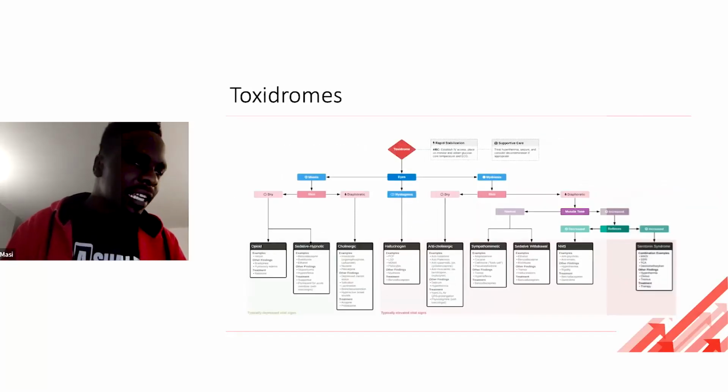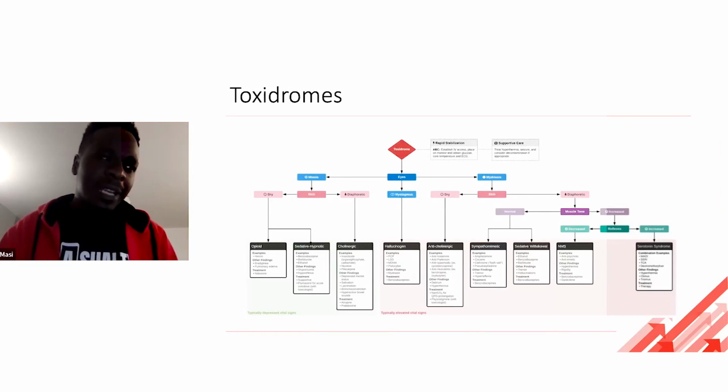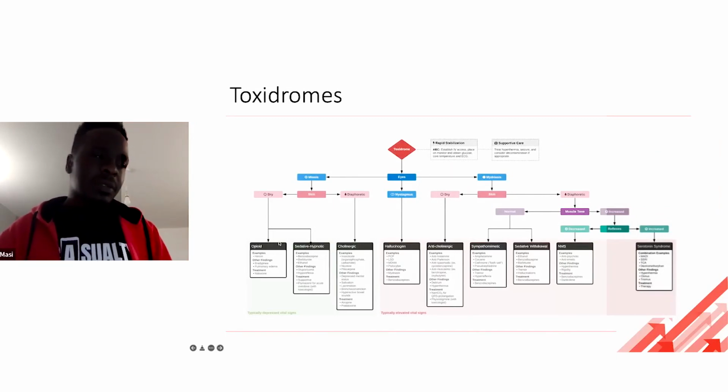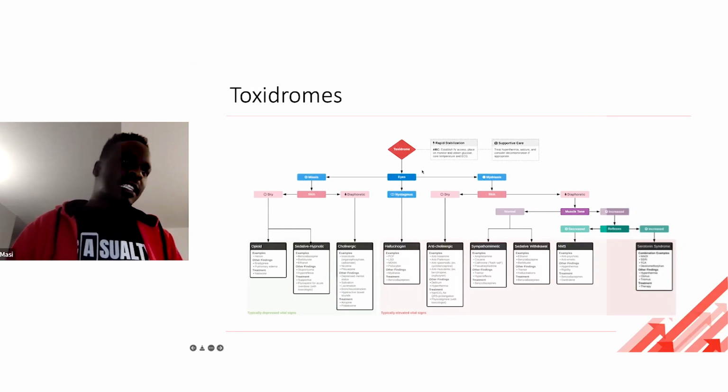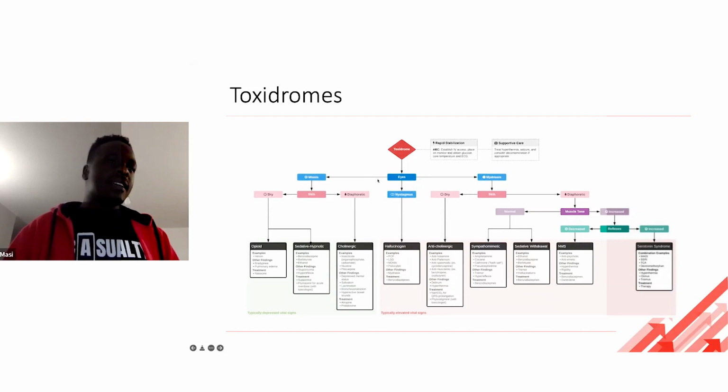Yeah, and then I'll just take us back. Just before we dive deep into that, I think it is important that we note that there's a way that toxidromes present, and typically the vital signs can be either depressed or elevated. When you're going down this particular chart, there are a couple of things you check. If you notice up here, you need to do your rapid stabilization and supportive care. And then on your physical examination, of course, we look at the eye and find out what exactly is happening with the eye. Is it pinpoint or do you have dilated pupils? And then after that, you look at the skin. Is it dry or is it diaphoretic?